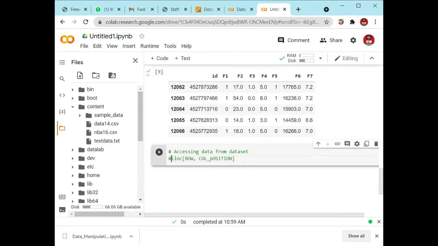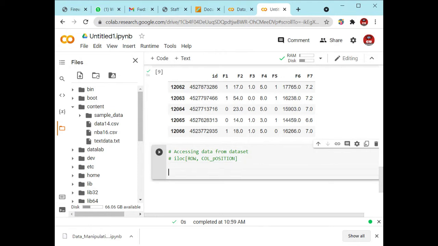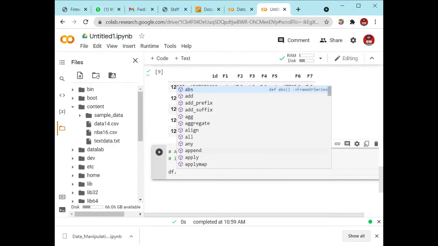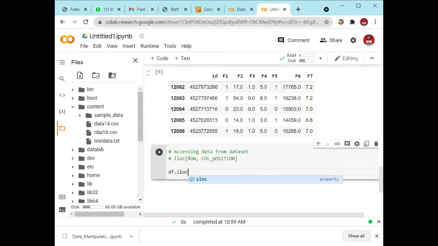Okay, everyone. So you can use this iloc function. Let's take a look at how we can use it. We have the variable. What is the variable name? df. And we can access this variable using the dot operator. After the dot operator, you have to use the iloc function.